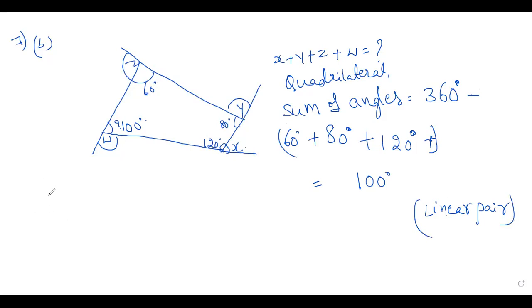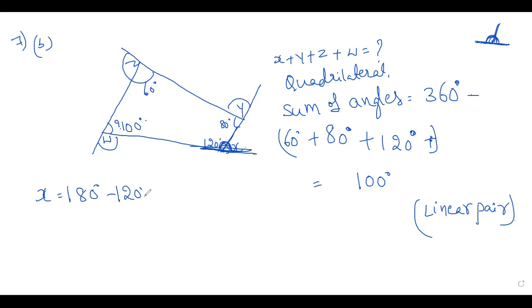So write one by one. X is equal to, I will write directly, children. 180 minus 120. It is understood here. See, if you take this line, children, here you see a line standing on a straight line. Linear pair of angles we are getting. So whenever you see like this, a line standing on the straight line, it is a straight line. It is a straight angle. It is 180 degree. If it is like this, you follow this same rule.